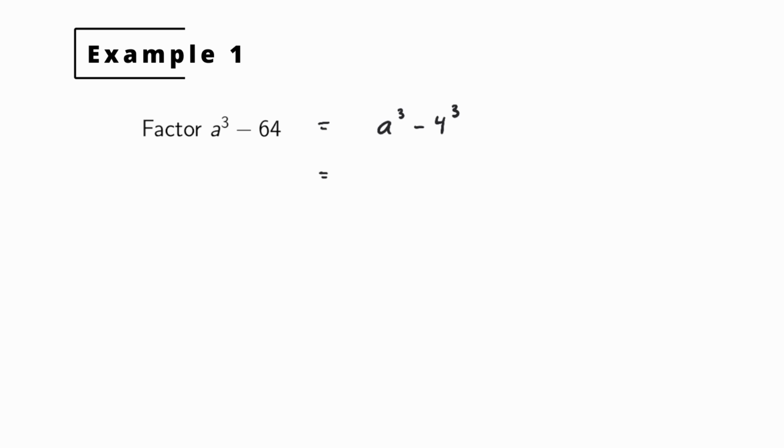This will be a minus b. So in this case, it'll be a minus 4 times a squared. Remember, now the sign for a difference will be opposite of this sign. So it'll be a times b. In this case, that's going to be plus 4a, and then plus b squared, so it'll be 16. And that's it. Some of you might ask, can this be factored? And the answer is no.